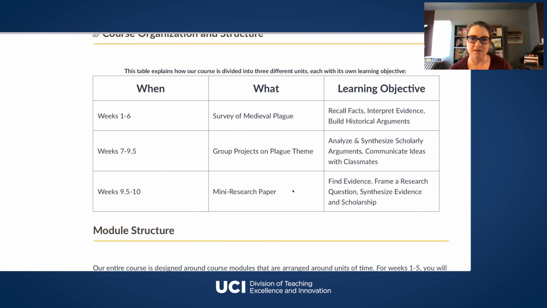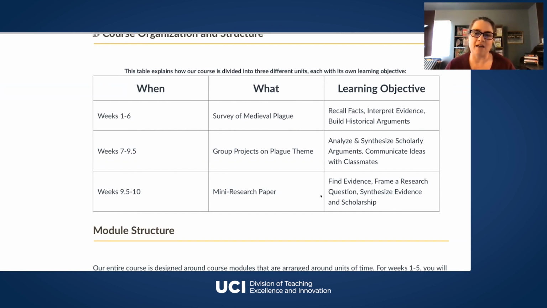And if we just think about working backwards skills-wise, this paper is important to me because it allows them to research the pandemic of their choice, and so do some comparative work with the medieval plague and bring in their own interests. And also because it forces them to interact with the TA or the professor on an individual basis, which I think is something that students in large classes generally miss out on.